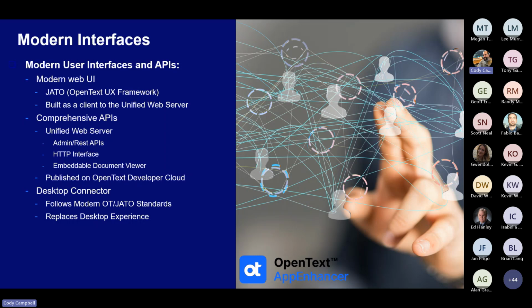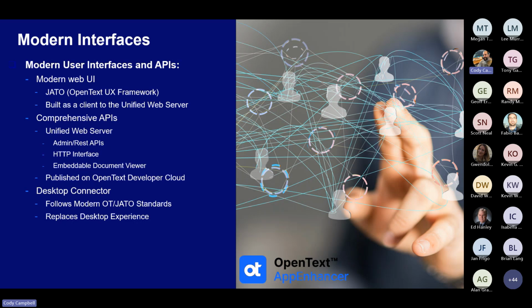And the unified web server will eventually replace REST. We'll probably discontinue the REST eventually because the REST will be built into the unified web server. You won't have to have a REST server and a web server. When you have all these different servers, it does let you distribute the load across multiple Windows machines, but the session management can be tricky because they're all separate applications running in separate threads. And it's not like they're sharing a lot of data between them when it comes to session management. And so this helps us simplify the way that sessions are created and the way licensing is managed.